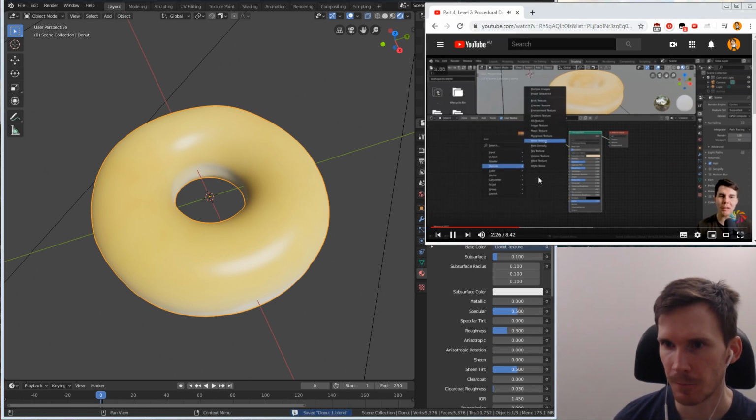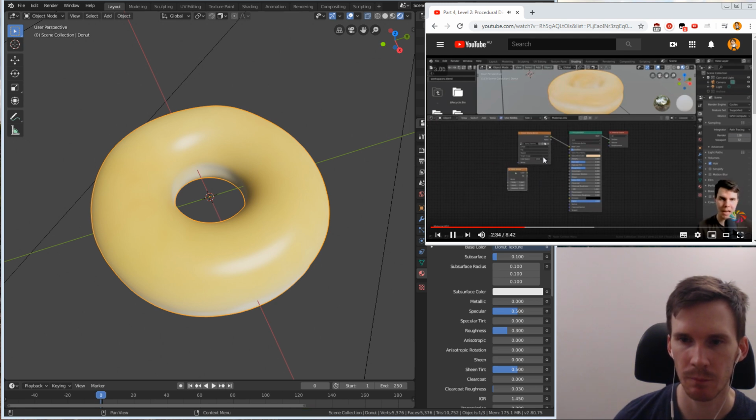Not the image texture we wanted to use before, that's obvious. The one we're looking for is noise texture. So we add that, and then we'll put this guy in here. And if we want to look at what this is going to look like on our mesh, the best